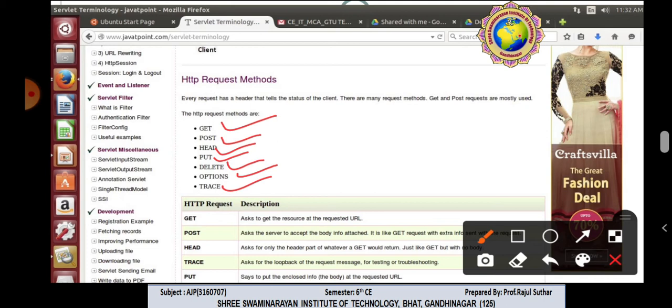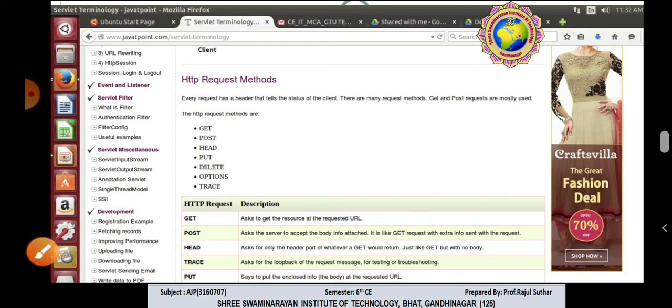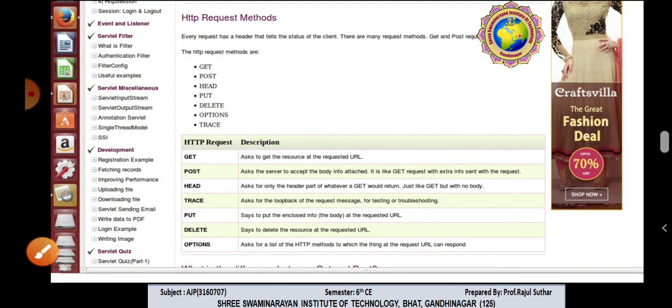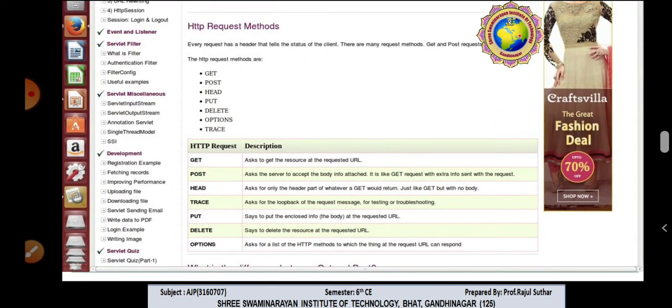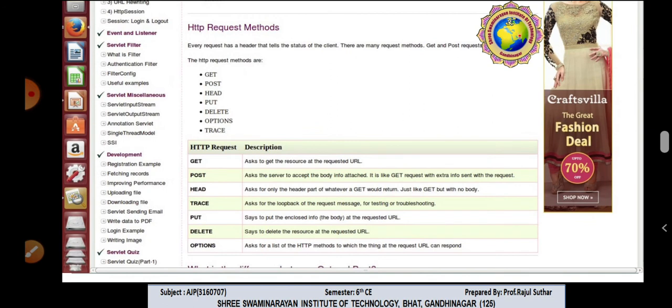All of these are covered in the HTTP request methods. So what is the use of the GET method? The GET method is generally used to get the resource at the requested URL.